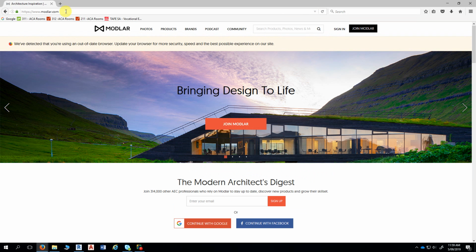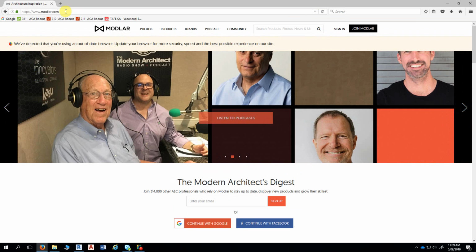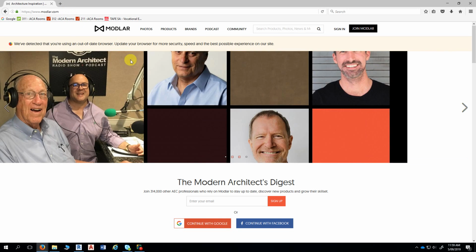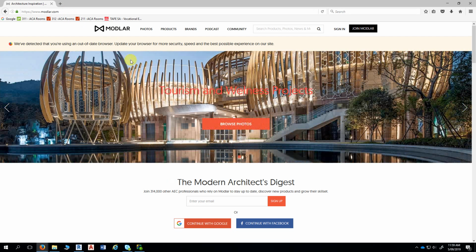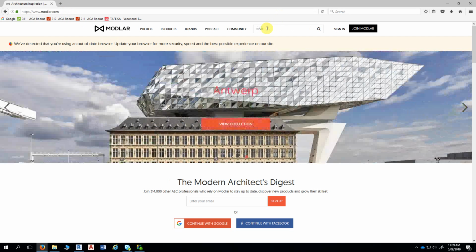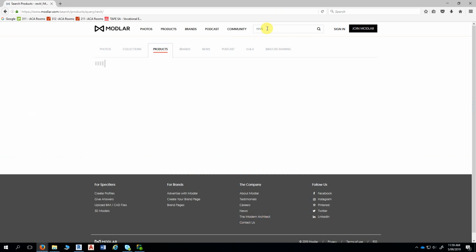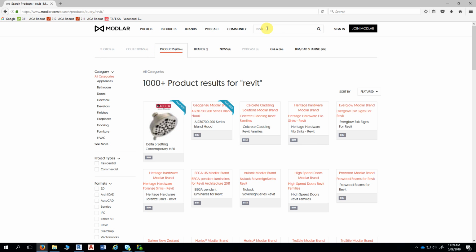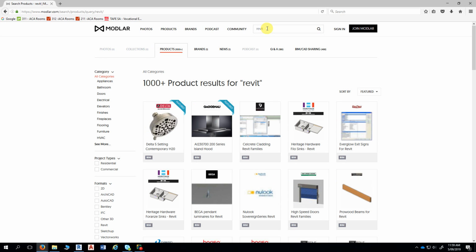So this is a brilliant site for Revit content. Let's do a search for Revit. Yeah, so you see there, if you go to the Modeler site, you do a search for Revit,